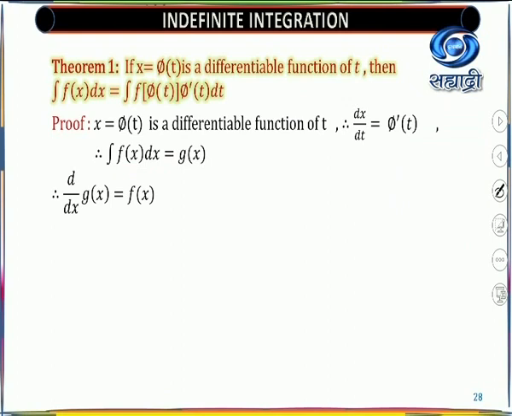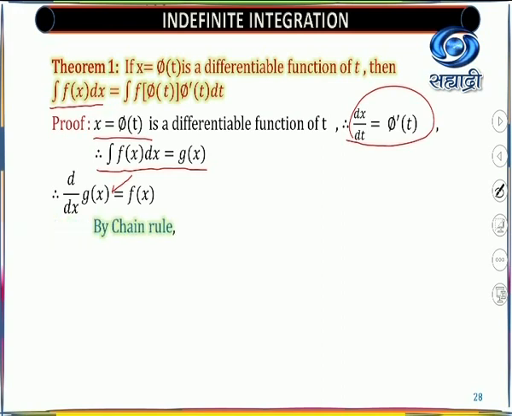So look at the steps. The first step is, it is given to you that x equal to phi of t is differentiable. If it is given as differentiable, then find the derivative. So immediately you are able to find the derivative. Now you need to start thinking stepwise. Now what is integral f(x) dx? By our formula or definition, integral f(x) dx is g(x). We know the definition: it is nothing but the antiderivative. So you are able to write that also in terms of derivative: d by dx of g(x) equal to f(x).